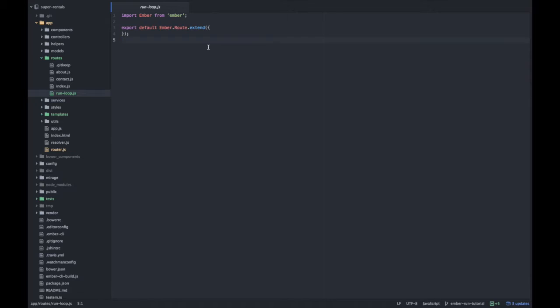And here is my model file. Let me increase the font size here. So the Ember Run Loop, like I said, creates different queues, and there are actually 6 queues that you can hook into. So the first is the sync queue,